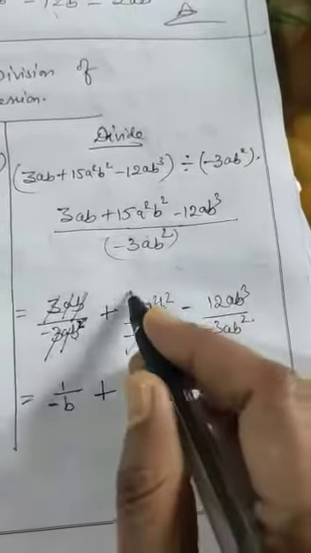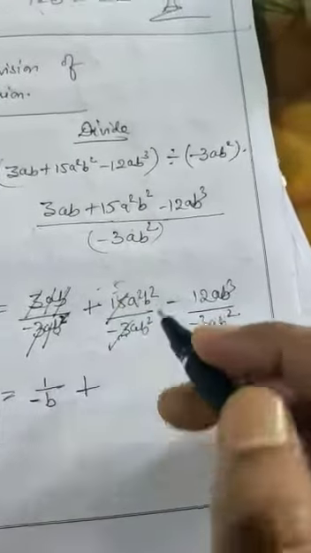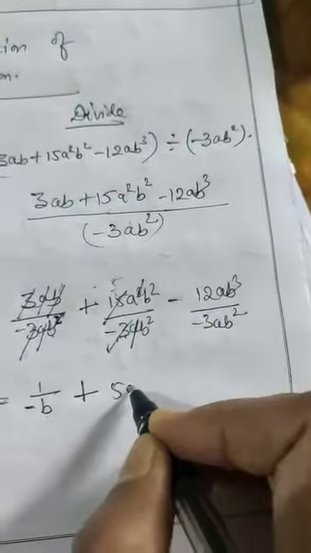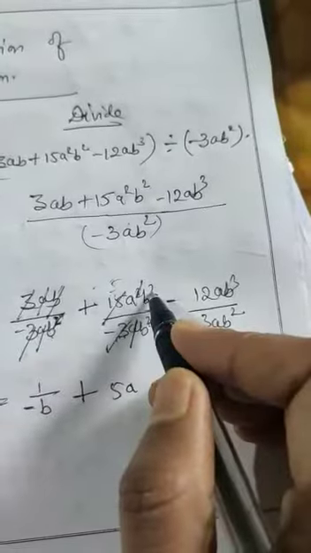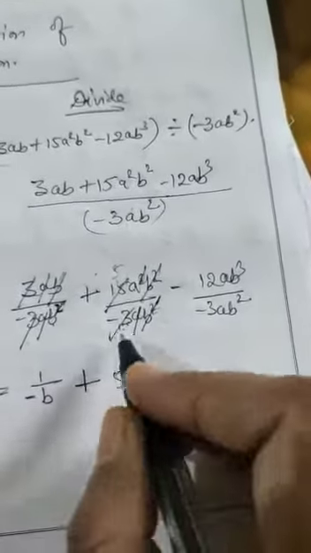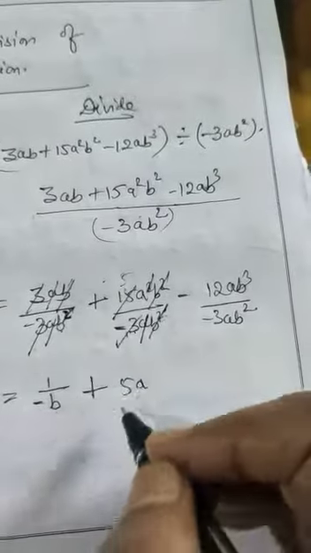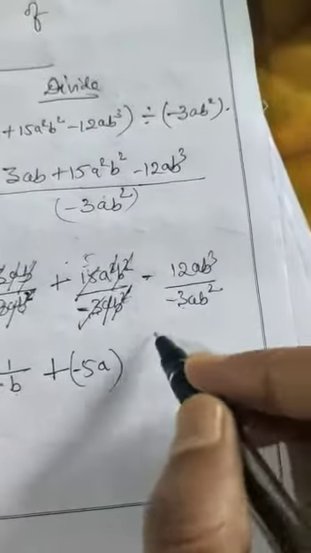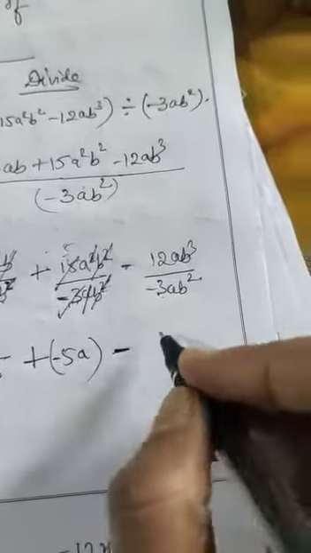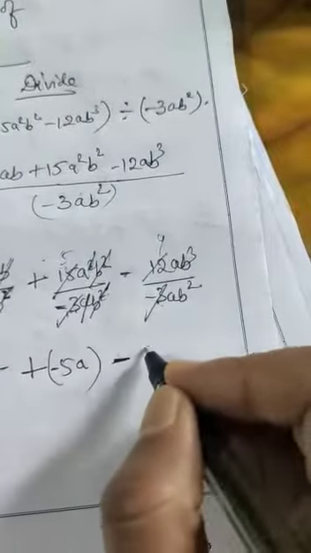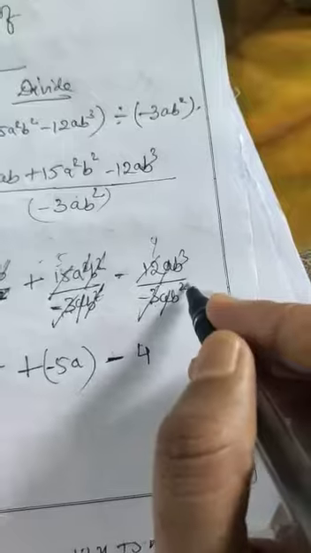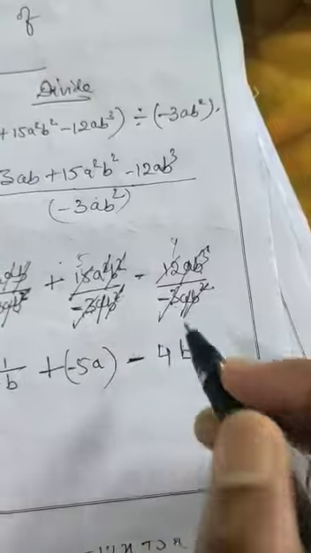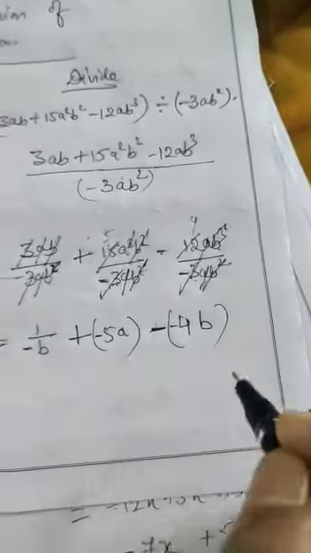Now plus. 3 5s are 15. First of all we will cancel out the numeric value. Then a 1 time, here is a 2 times. So 1 time a will be left here, 5a. And b here 2 times, here also b square. So b square we will cancel. But there is nothing down, but there is a sign of minus. So we will write this sign of minus in bracket. Now this minus and minus directly also you can write plus, or later on also. 3 4s are 12. A will get cancelled. Here is b square, here is b cube. So 1 time b will be left here. Okay, but there is a sign of minus. So this sign of minus will remain here.